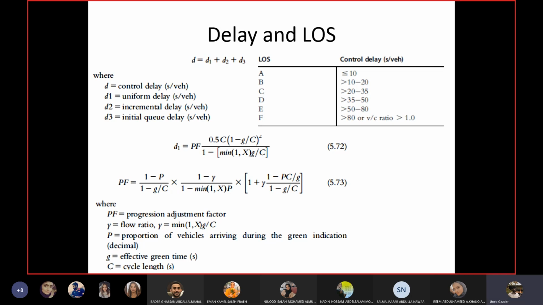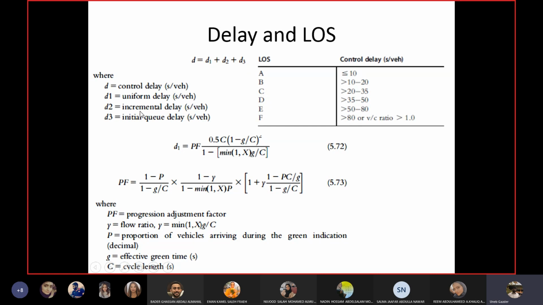Both of these happen when you have a traffic jam, or the queues from one signal are not completely going in the green time. You have a queue during the red time and that queue cannot clear itself in the immediate green time. So you will have the initial queue delay and the incremental delay. What is incremental delay? This is the extra delay caused because of additional vehicles in the queue.